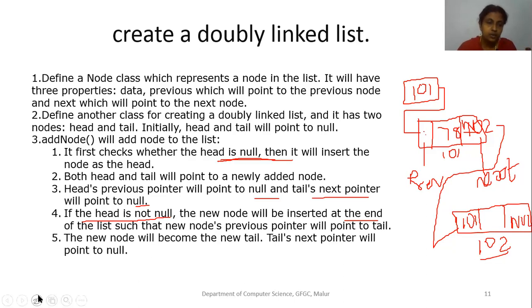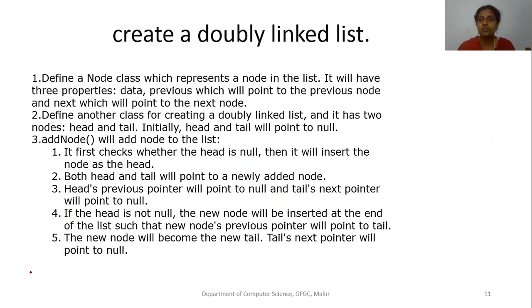Understand, to create a node, first create a node of three parts: one is data, another is previous, another is next. Or you can use the terms head and tail. Make your previous and next null. After that, the address of the new node will be there. Check whether your head node is null. If the head variable is null, take the new node's address and assign it to head. Then a link would be established between your head and your new node.